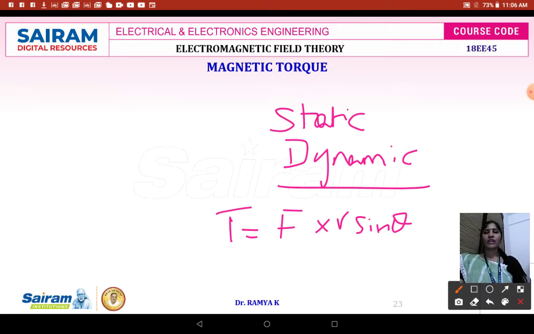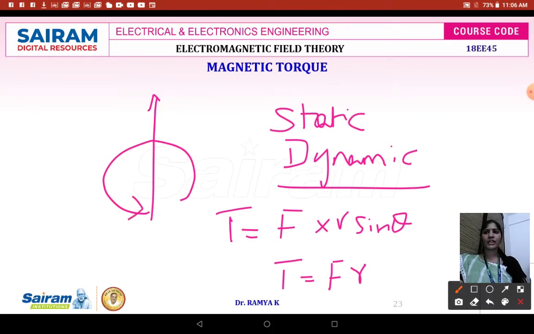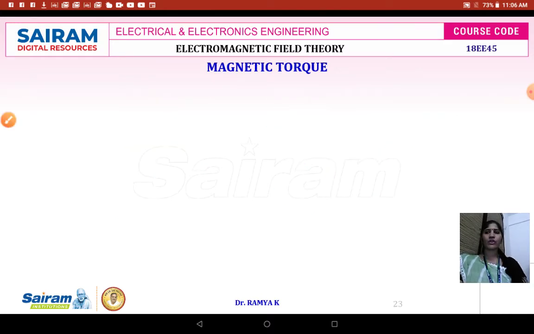In case I want to write the general equation, I can write torque is equal to force into distance. And the direction of the torque, how are we going to find it out? By means of your right hand grip rule. Around the axis of rotation, the fingers will be pointing in the direction of the force. Then the thumb points in the direction of the torque. Suppose this is the direction of the force, then the direction of the torque will be as shown over here, and it can be proved by means of your thumb rule.